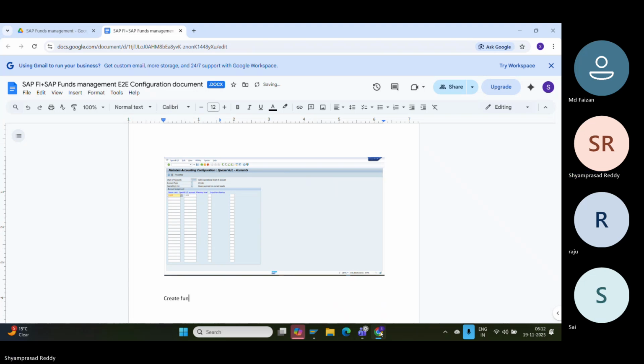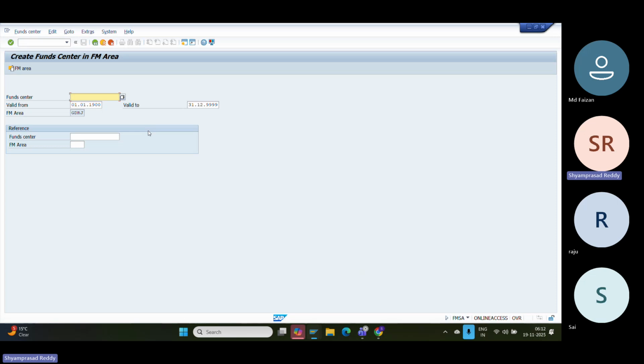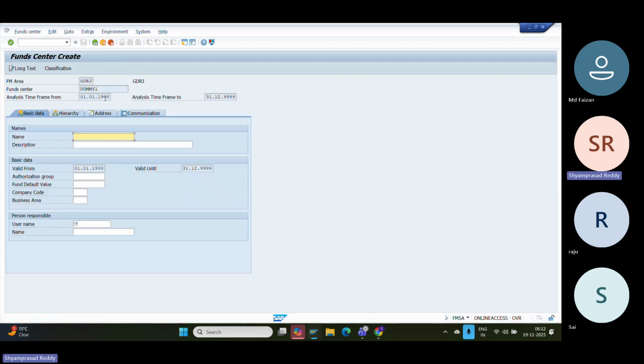Create fund center T code. What is the T code? T code is FMSA. Here you will create one fund center. I will create just a dummy reconciliation. Okay, already there. Dummy one